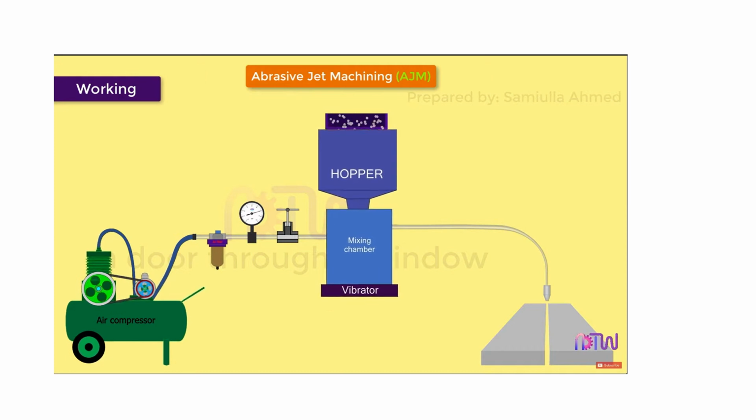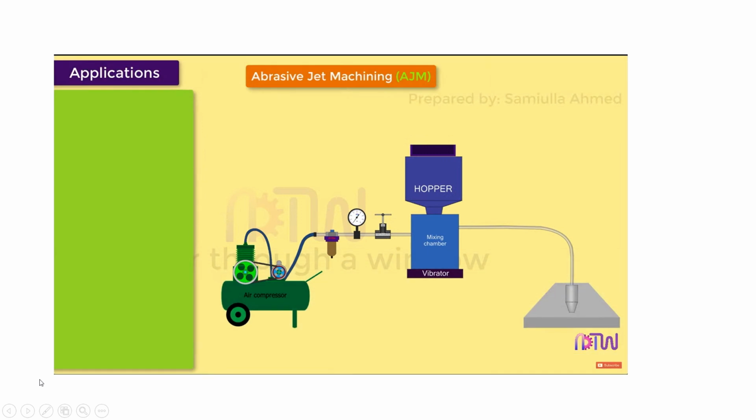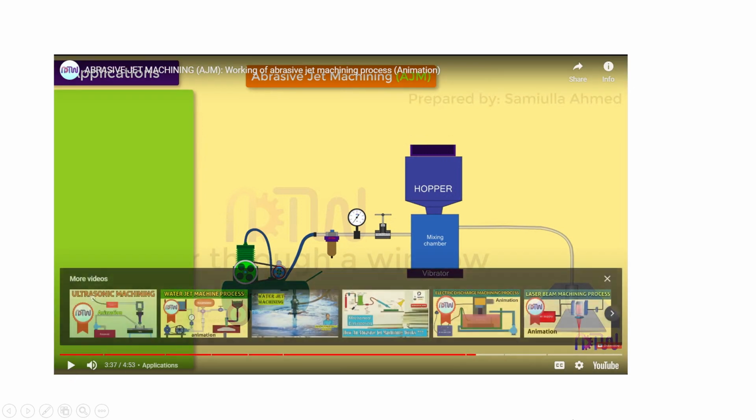Since we understood the working, let us see its applications. So you have seen how the abrasive jet machining is being done, what the various apparatus are and what the various parameters being used are. Okay, we'll go to the next process,